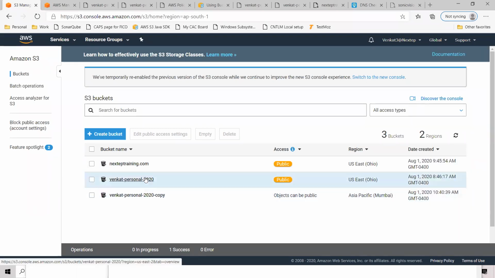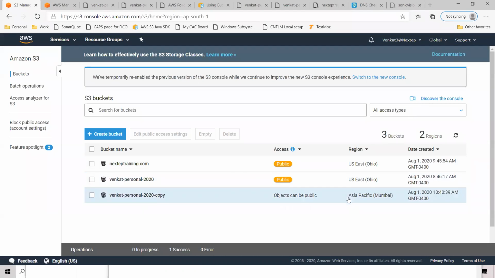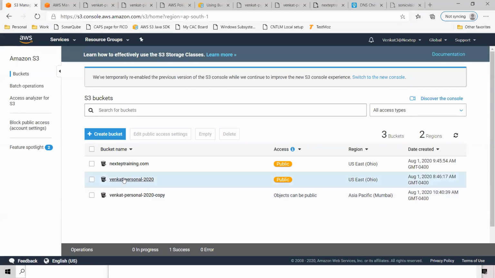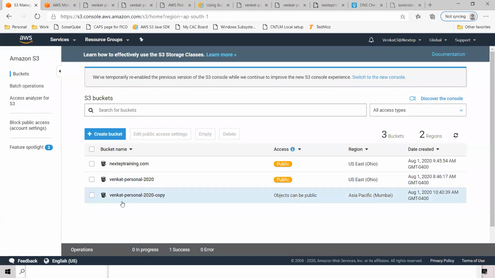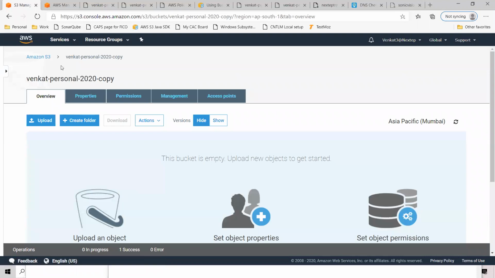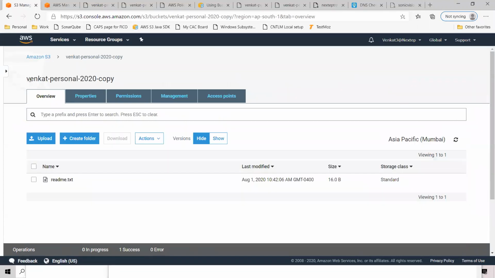You have two different machines, one in Ohio, the other one in Mumbai. It will take its own schedule. So that's why it says please do not rely on any time. If you absolutely need it time sensitive, within 15 minutes, then you need to select the time control. Otherwise it depends on the traffic. There you go, it came up within less than a minute, right? But there is no guarantee. Amazon does not guarantee that. So please do not rely on any of that. So it came to Mumbai. This is in Mumbai.